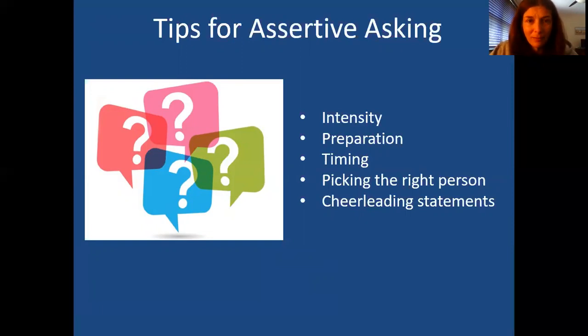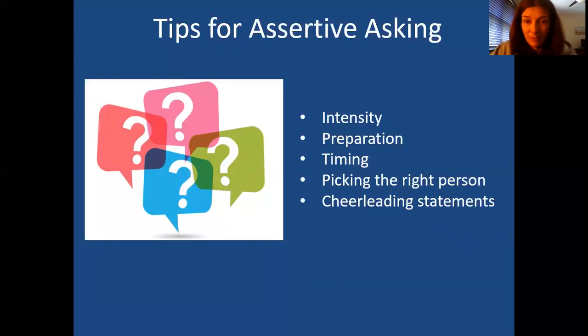You might demand things, right? You might be a little rude about trying to get what you want. So sometimes in that case, you need to dial back the intensity, right? Be a little calmer. Other times you might have anxiety about asking and may not ask at all, or might ask in such a wishy-washy way that the person is more likely to say no to you. Okay, so in that case, you might have to dial up the intensity of your request and be a little bit more firm and clear.